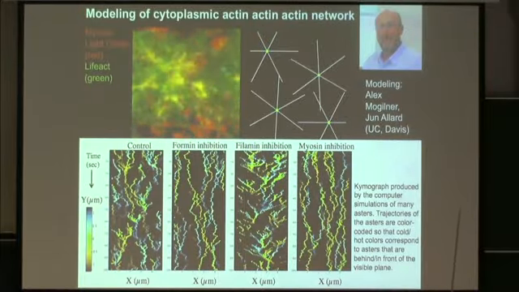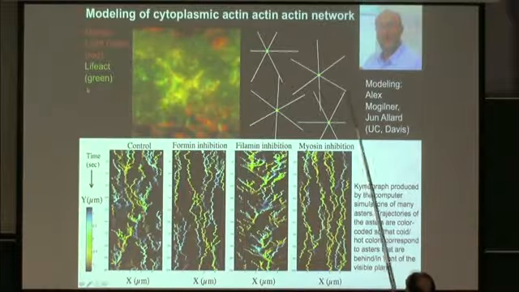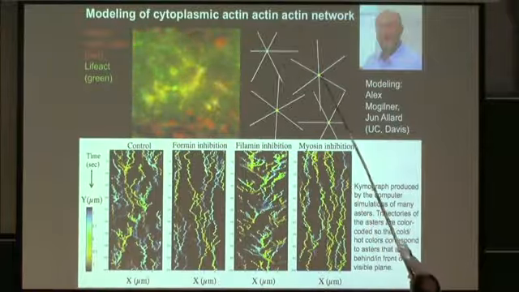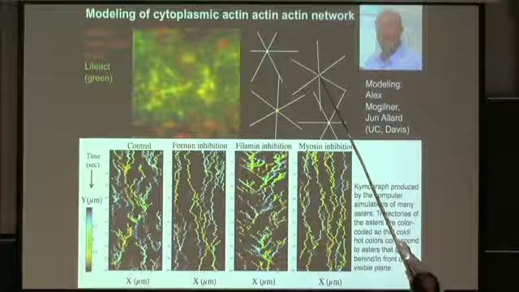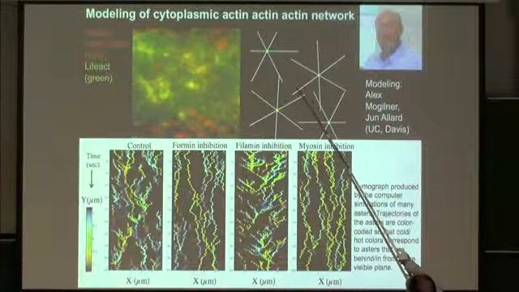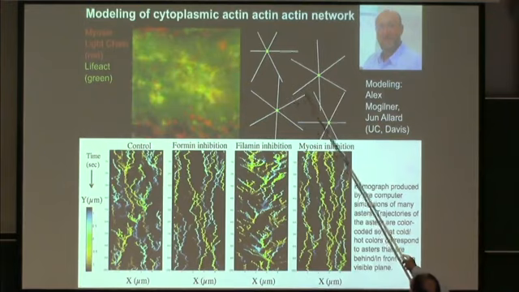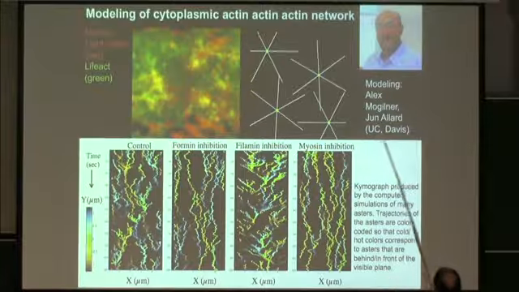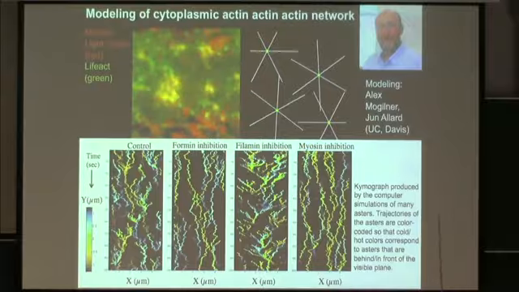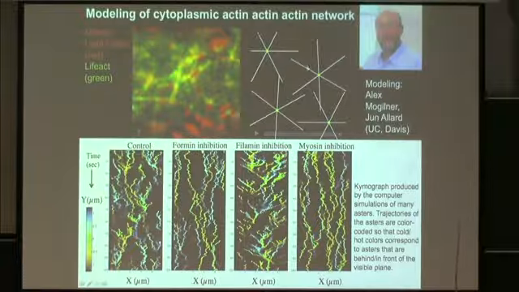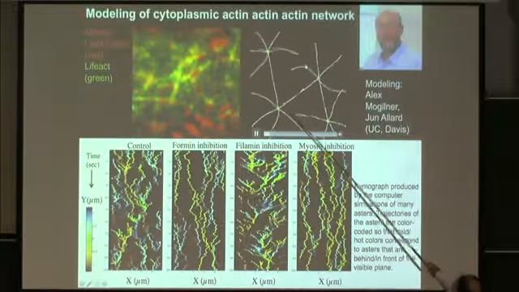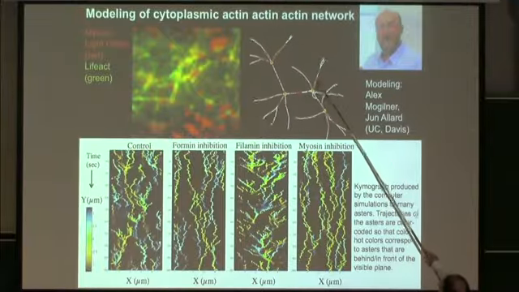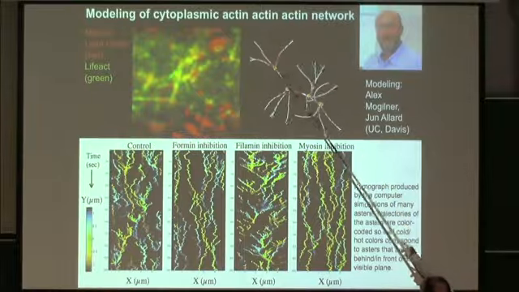inside the cell that fills the whole cytoplasm can be described as an aster-like structure with formin inside and plus ends of actin filaments close to the center, and myosin in between. Of course, myosin dimers in between. And Alex Magilner, together with Jean Lard, made a simulation of such a structure. And red here is myosin, and you can see how these processes of fusion of